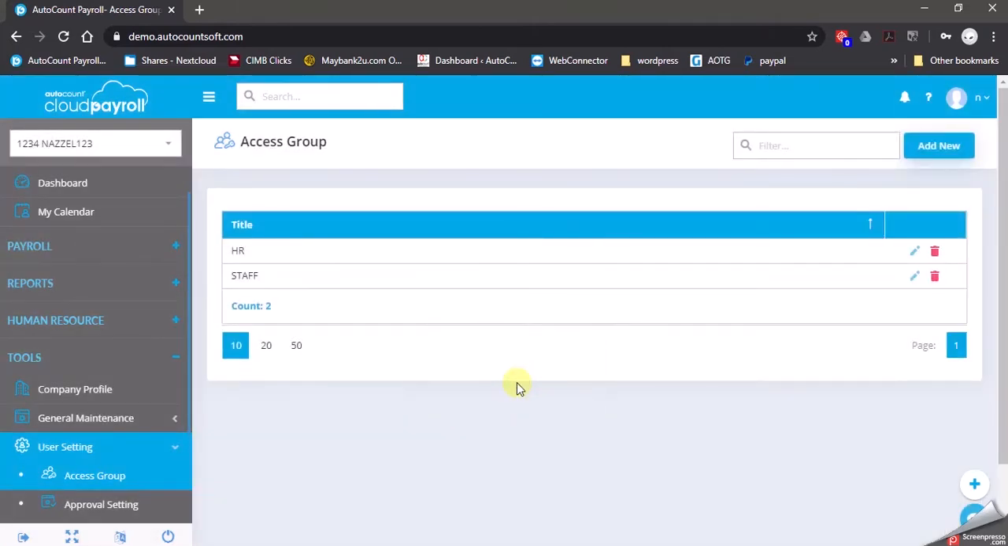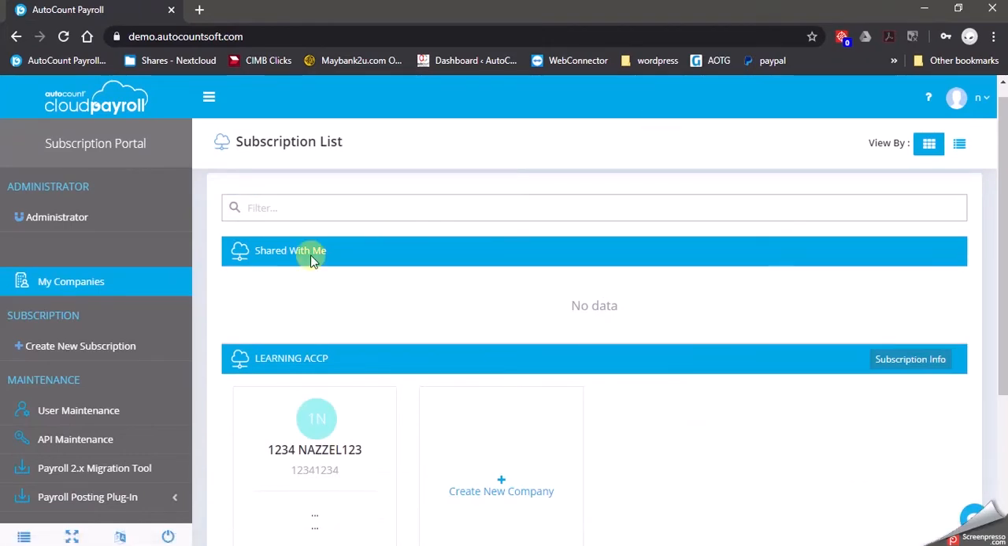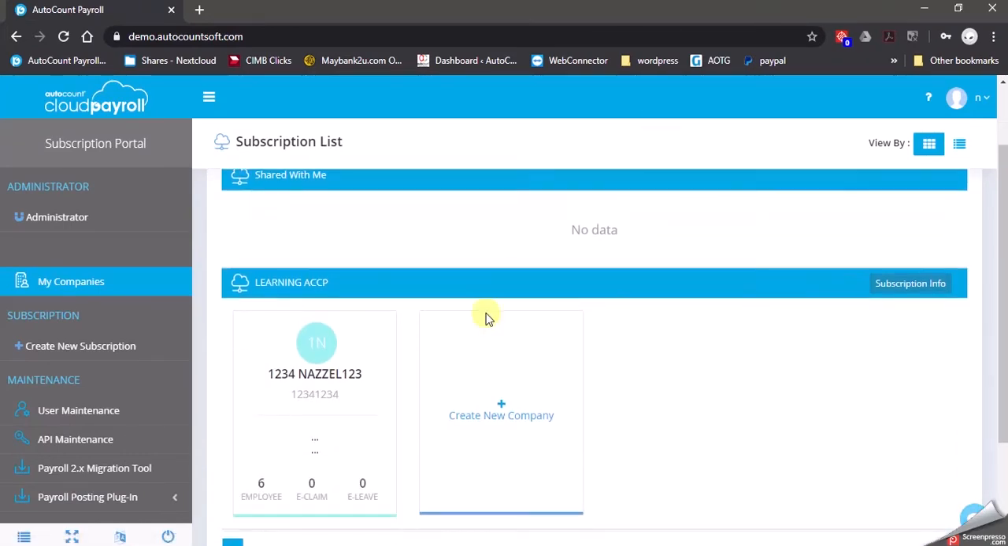We will invite a user to become our HR. To invite a new user, you need to access your subscription portal. To access your subscription portal, you need to click at the logo on top left corner, and it will bring back to the first page when we create the account. And you can see there is a company name under you. To invite user, click at user maintenance,